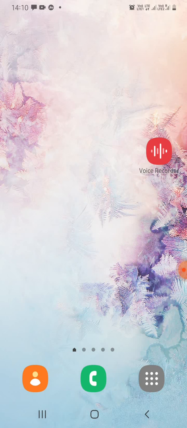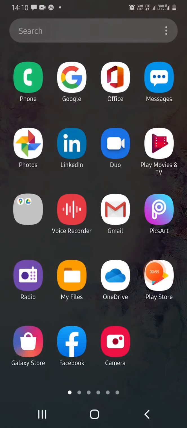Okay, so one problem occurs. Suppose you are running a WhatsApp group, so how can you switch your WhatsApp group into Signal? I will tell you a simple method. By using that method, you can switch your WhatsApp group into Signal. So what do you have to do? Let me show you.